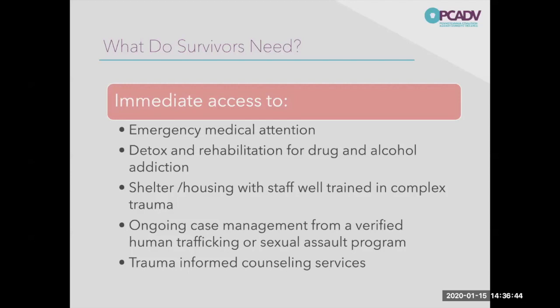Also, we track that right along with ongoing case management from a verified human trafficking, domestic violence, or sexual assault program. And I say this because no matter where a trafficking survivor goes, whether they're able to engage in safe and permanent housing, whether they're going to a different shelter, we still need to be providing mobile advocacy. We still need to be making a plan that we're going to be meeting with them regularly, that we're going to help them connect with other supports in the community, because we need to be able to offer the same level of case management and care that that survivor would receive should they be in shelter.